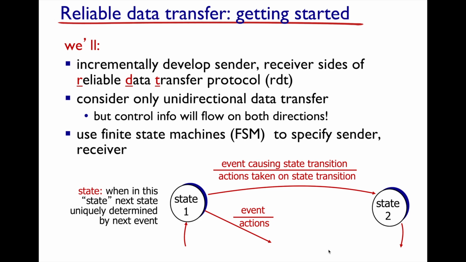Okay, so they use a finite state machine to describe this, and a state, you could think of it as a collection of variables, or you can think of it as a condition or a point that describes the type of behavior that a system will engage in. And so as you can imagine, when you're engaging in reliable data transport, you see something happen, and when you see something happen, you can do one of some fixed number of things. And so the alternatives that you can perform are based on a state,